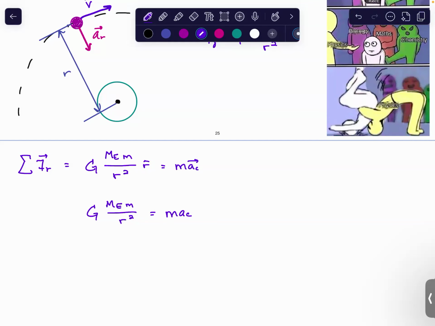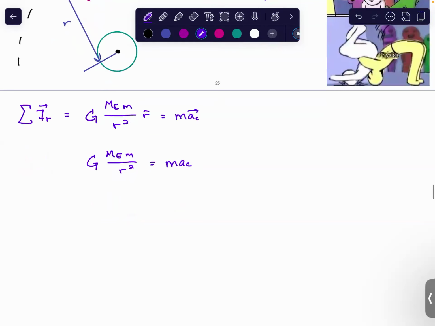But then we remember your centripetal acceleration, your radial acceleration, and remember your subscripts r and c are interchangeable. So remember that your radial acceleration is v squared over r. So then the first thing that you know,